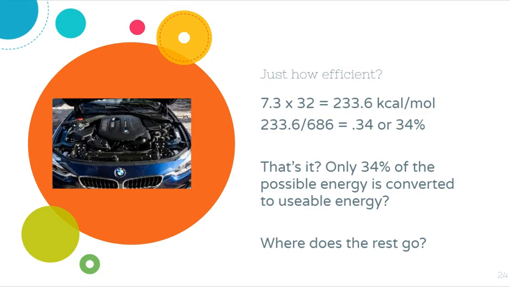It's actually huge. This is the most efficient process in cells. A car engine, for example, only converts 25% of the energy in gasoline to actual usable energy. So we're talking like 66% of the energy is quote unquote lost or not converted. So where does it go? As it turns out, the rest is lost to heat. All these reactions are not fully efficient. It gets lost to heat, which is great for us because we have to generate our own body heat.